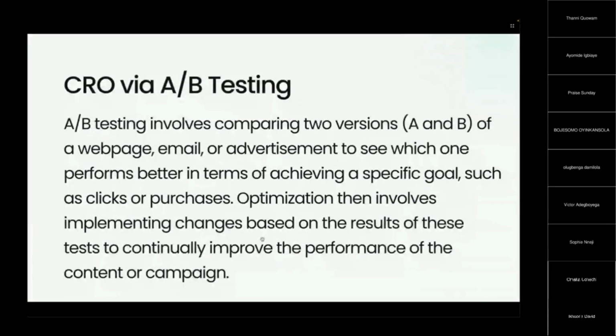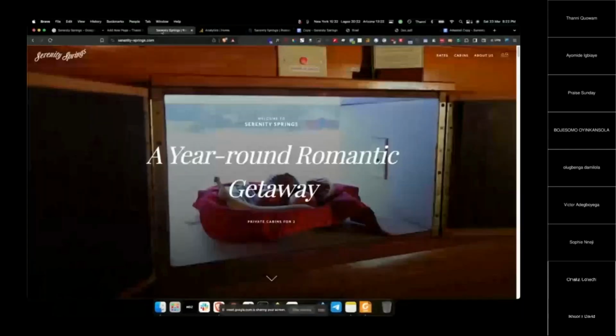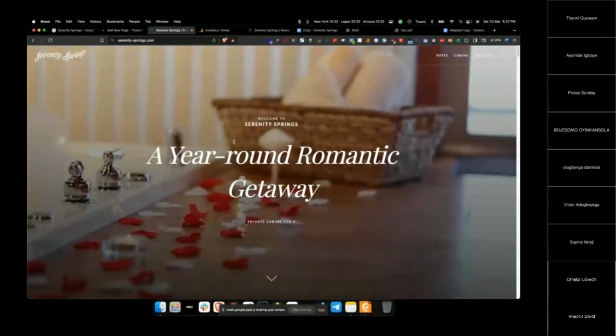Usually big companies are the ones that you would see spending a lot of money on CRO. That's why this is something you want to take seriously, because anything that involves big clients is high paying. A lot of agencies will pay CRO specialists a lot of money just to analyze data and the likes. You understand? So when you look at something like this, Serenity Sprints, when you look